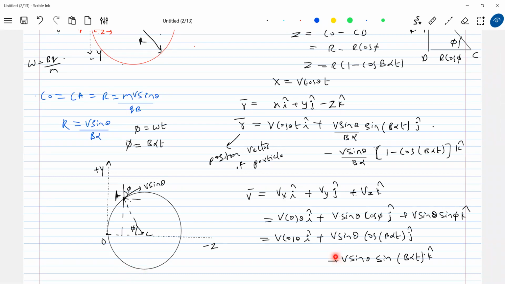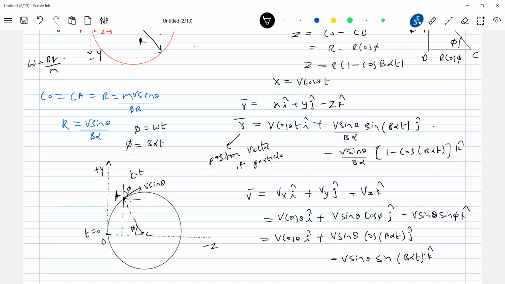Sir, minus k cap, sir. And this should be, no. Yeah, this is minus k cap. I write it. And it need not always be minus k cap, because the sign can be positive or negative. So it all depends on this one. So this is t equals 0. This is a time t.